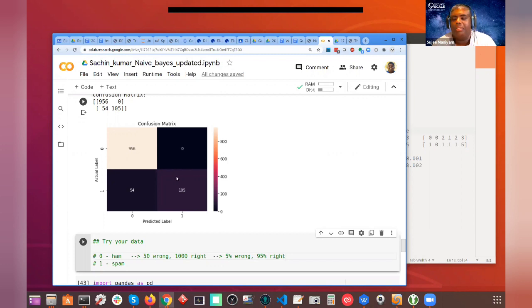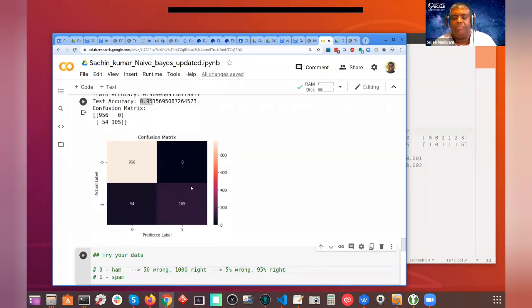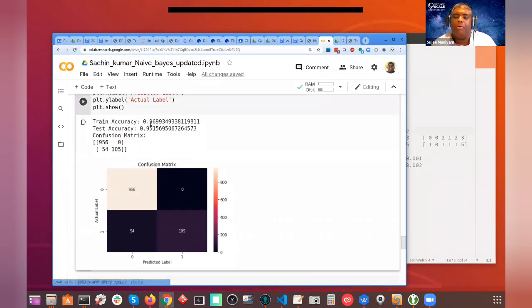Again, this is where the metrics will come into play. But one thing I want to emphasize is, don't look at the accuracy number by itself and say, aha, this is great, because most of the accuracy, as you can see, is coming from 0.